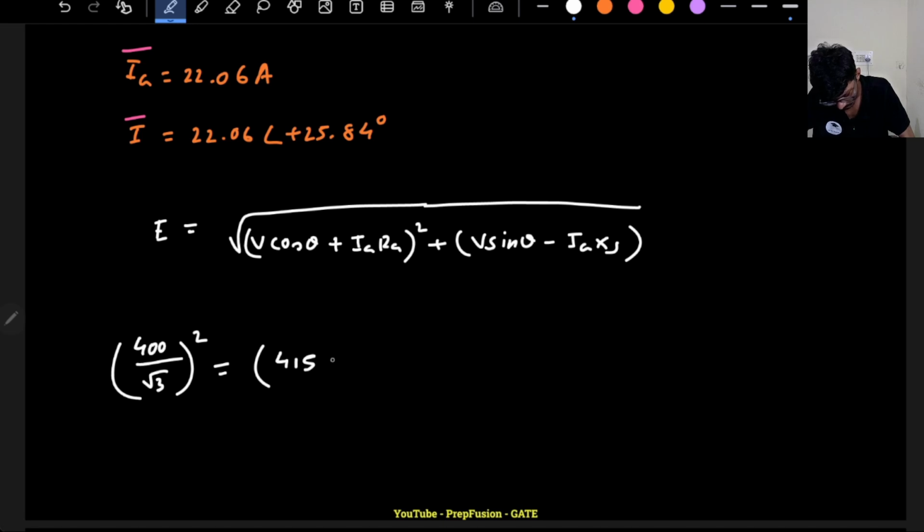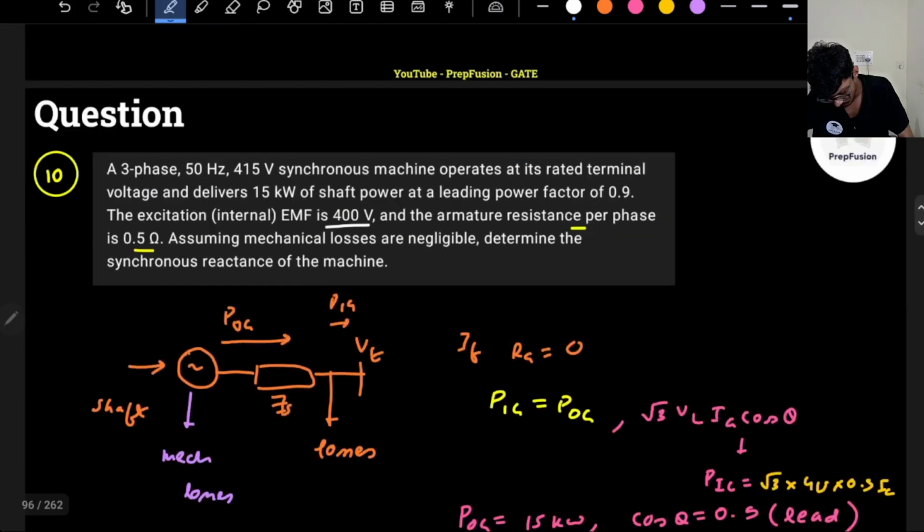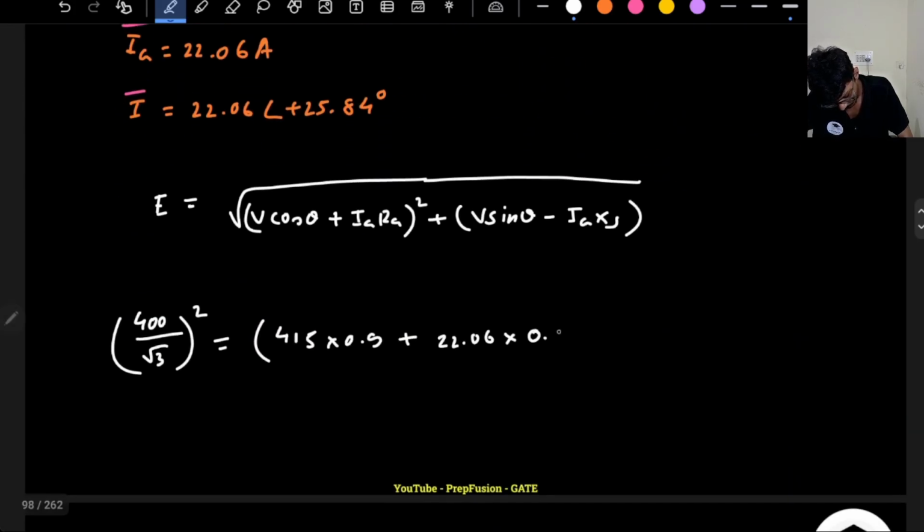415 cos theta. So cos theta is cos of 25 basically, which will be 0.9, plus IA RA. IA I already know, that is 22.06 into RA. RA is given to me. RA is 0.5 ohms, whole square plus this will be 4... Again I'm making the same mistake, right? Again I have to divide by root 3, right? Don't forget to divide by root 3. So this voltage is also phase voltage, right? Not line voltage. So 415 by root 3